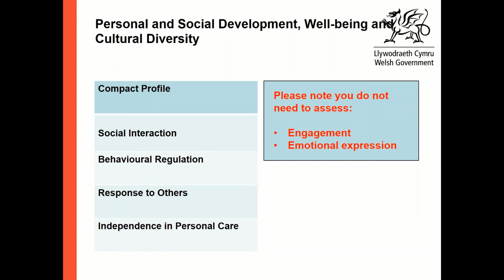For behaviour regulation, are children able to follow rules, take turns and share resources? Within response to others, do they show respect towards others, greet an unfamiliar person, or look after a child if they are upset? And within independence in personal care, are they able to dress themselves, go to the toilet independently, and wash their hands? All can be observed at different times of the day, playtimes, indoors, outdoors, and different days